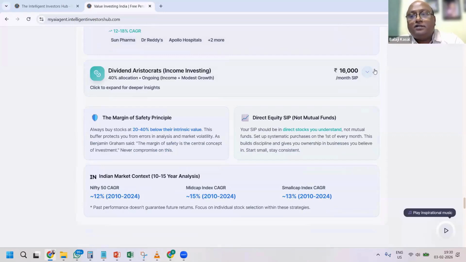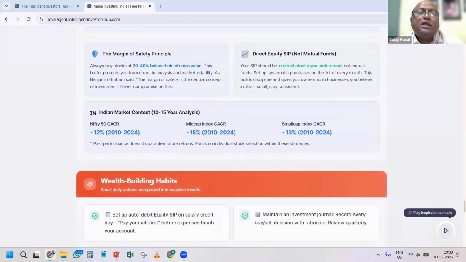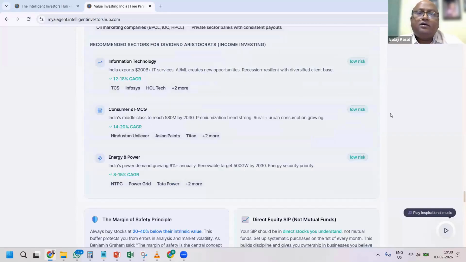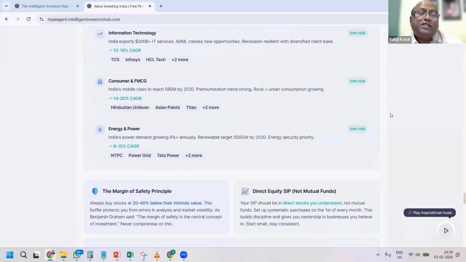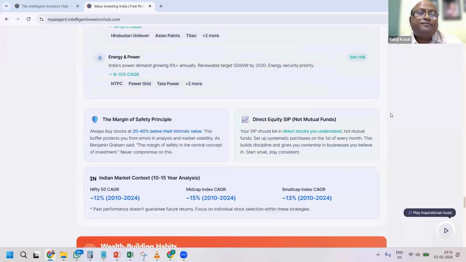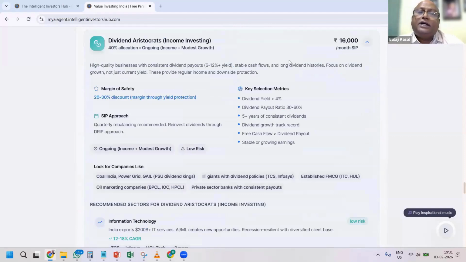Lastly, it typically gives you three segments, a suggestion based on the inputs and so forth. The last one was the dividend. In the dividend segment, it is showing which companies are giving the higher dividend. Again, the same criteria: dividend yield more than 4%, which is typically higher than savings